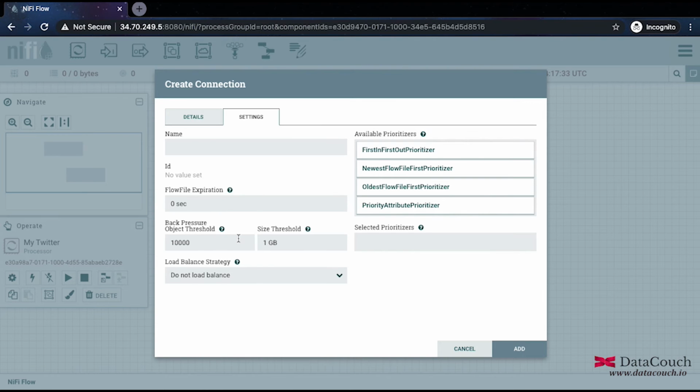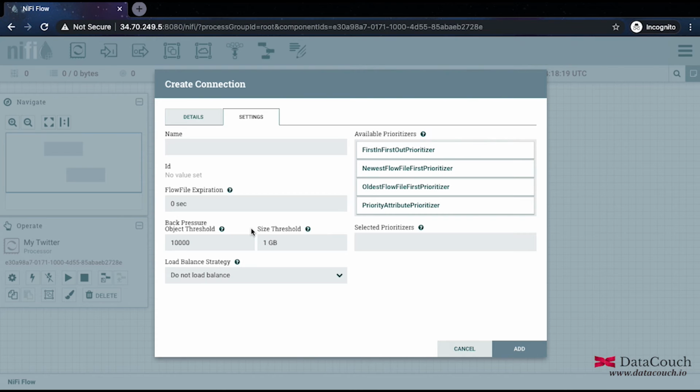Here you can even set the back pressure. Back pressure is a technique in which you can specify after how many objects the threshold is reached and this particular queue will start giving feedback. Let's say the number of flow files in this queue is more than 10,000, and this queue is already full.